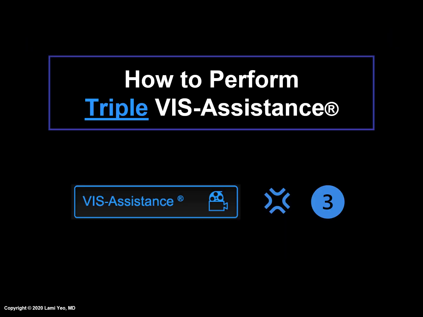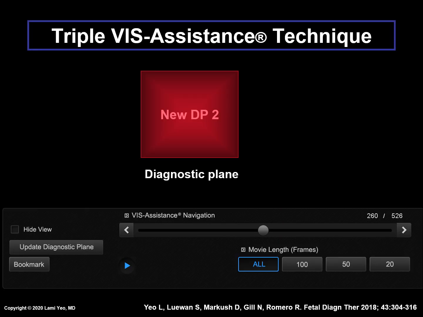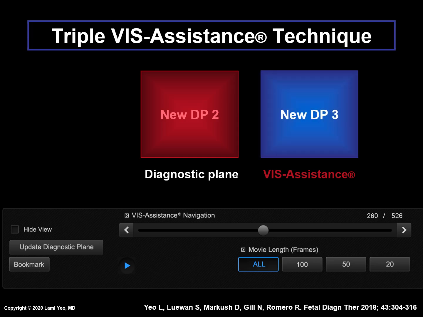How is triple VISA Assistance performed? When VISA Assistance is activated a third time for the diagnostic plane, this is called the triple VISA Assistance technique. New DP2 is the diagnostic plane on the left. VISA is activated and a new cardiac view is obtained called new DP3.